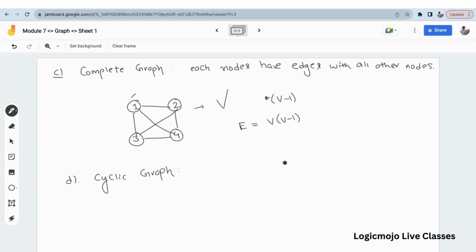A cyclic graph is basically a graph in which a cycle exists. Simple. In the last example also, it's like 1, 2, and 3. It's a very simple example I'm taking. So this is called the cyclic graph, in which a cycle exists. Okay. Now the next one is called